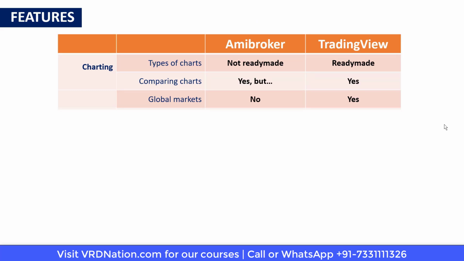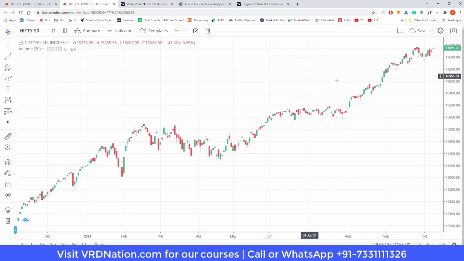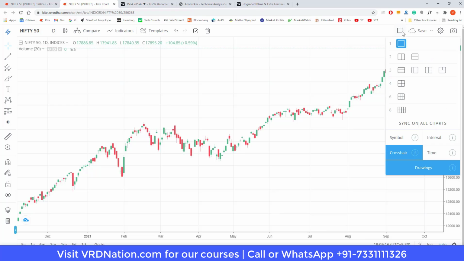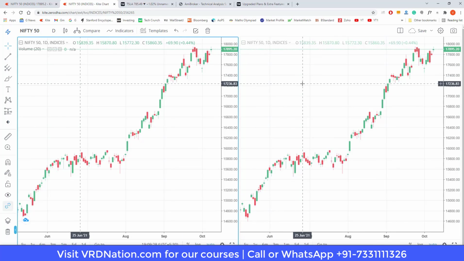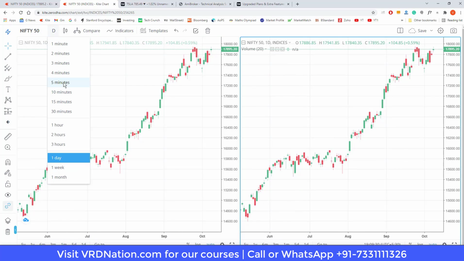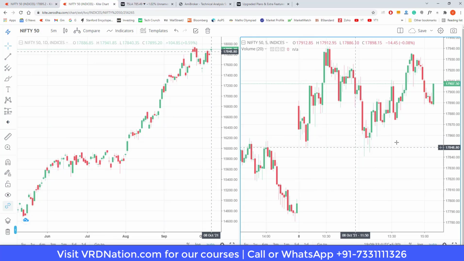Now the next aspect of charting is that of ready-made layouts. So what TradingView has done is that it has given a lot of ready-made layouts which are very easy when you are working with multiple scripts. So let me show you what I'm talking about. So now this is the chart of Nifty on TradingView. And here there are different types of layouts. So for example, let's say I want to see Nifty on two different time frames. So I can select this, which is a vertical, two different screens right here. So here I can see the daily chart of Nifty. And here I can see, let's say, a 5-minute chart of Nifty, right? So if you want to do multiple time frame analysis, it is much easier to do on TradingView as compared